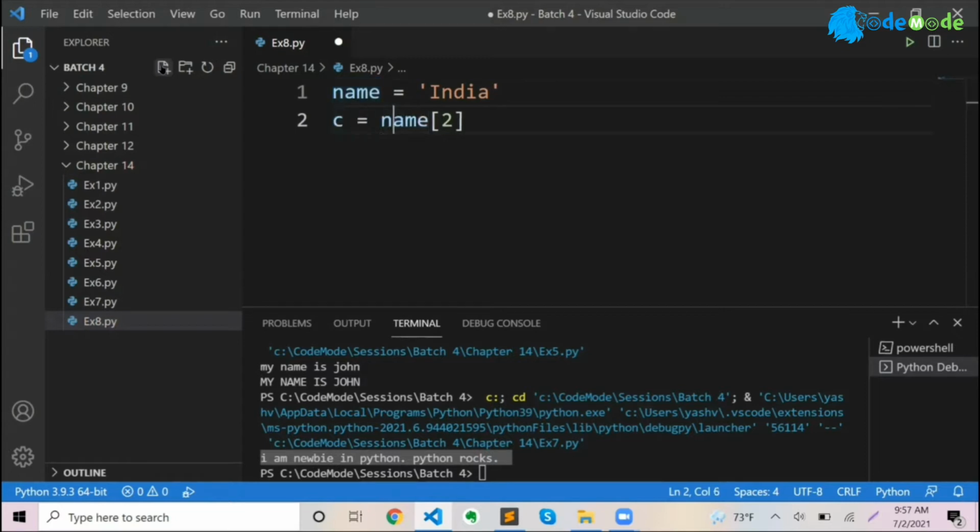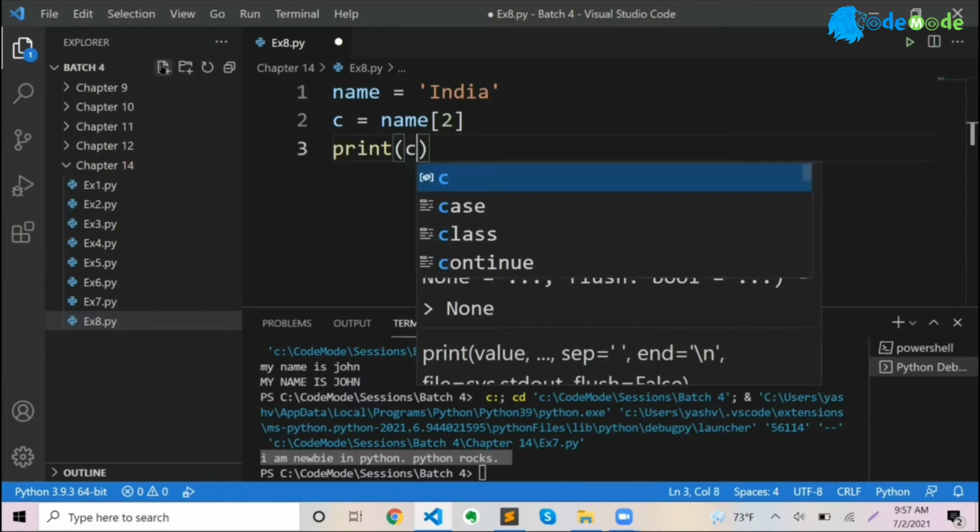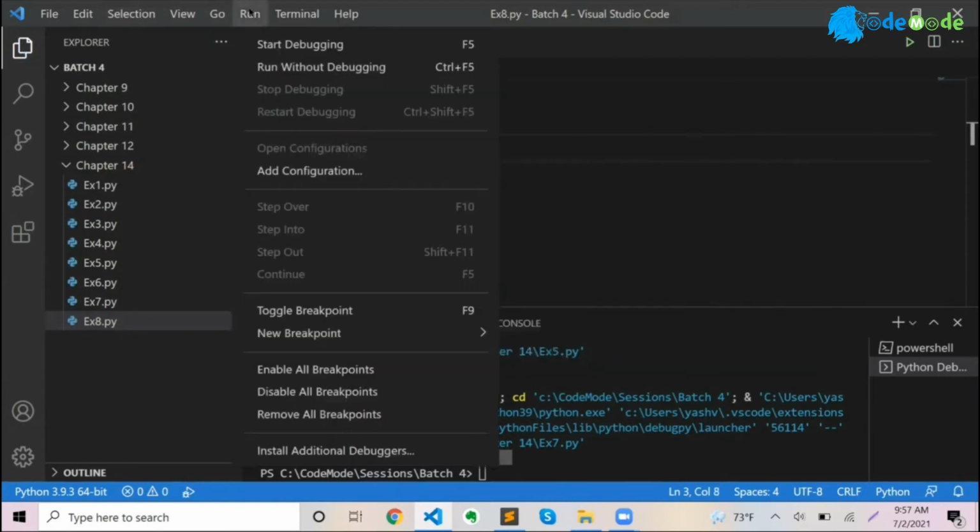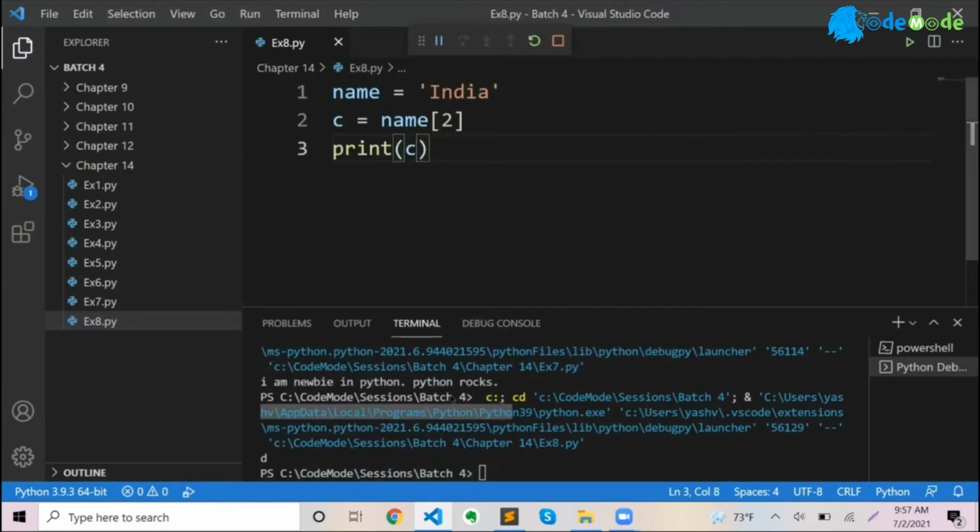Suppose I say equal to 2 and print, it will give me only the letter which is at position number 2, which is the letter D. First is 0, then 1, 2. So 2 is D. If I pass 2 as an index position inside the brackets, it will give me exactly the letter I want. So this is how you extract the letter D from this. So I can now find it, I can replace it, I can even find a position.